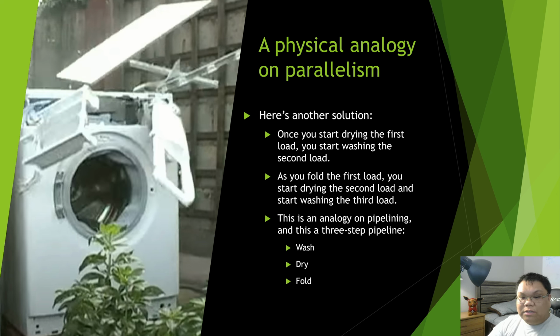Once the dryer is finished, you take that out, set that aside, take all the wet laundry from the second load, put that in the dryer, and then start a third load of laundry to wash. And while the third load is washing and the second load is drying, you start folding the first load. This is called pipelining. Or this is the principle behind pipelining.